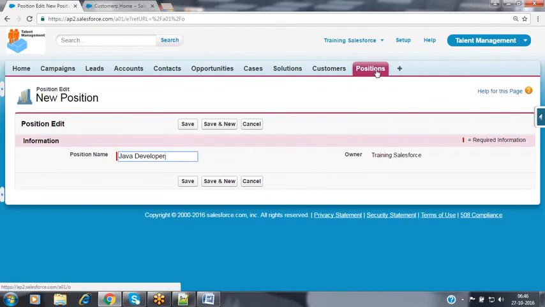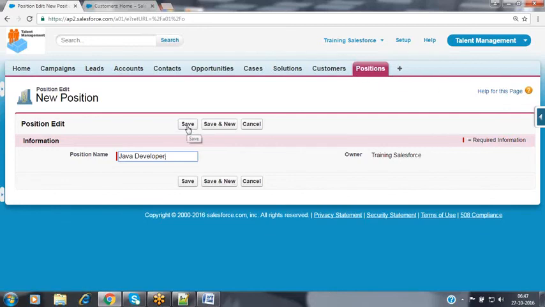Not only creating the tabs, as soon as you create the tab, Salesforce provides the graphical user interfaces by which we can perform all the operations. You may create, modify, delete, restore, and see everything. All these operations are available to you by default with the help of these tabs.